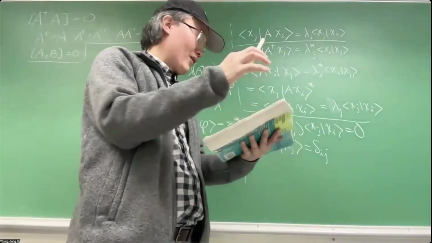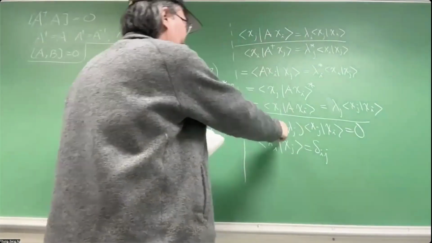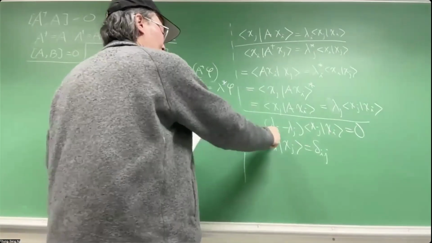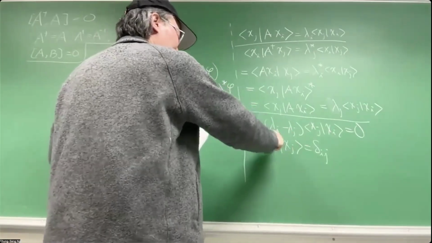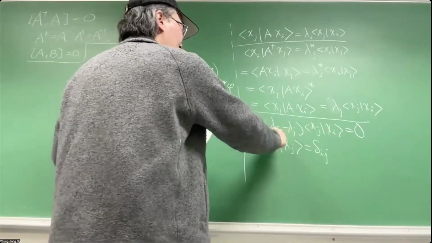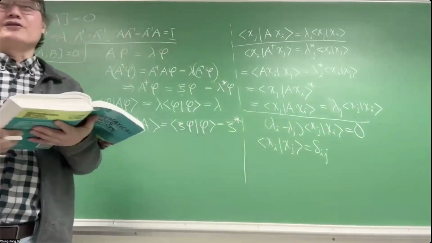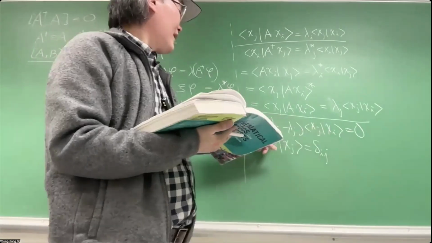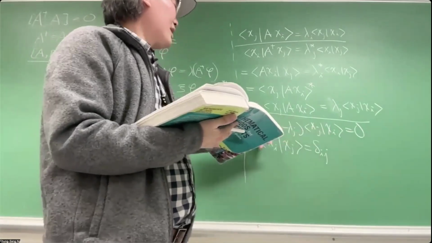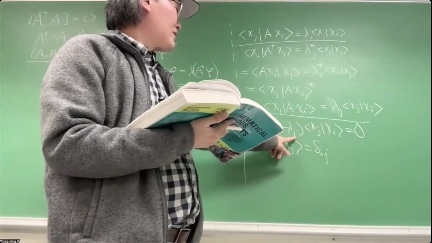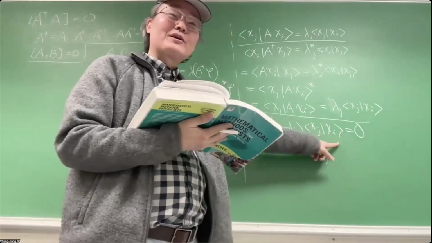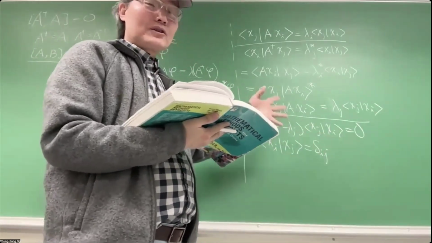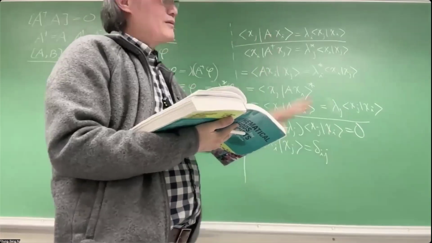Now with this orthonormal set, we can diagonalize both operators, A and A dagger, but the difference is that the eigenvalues may not be real, because we showed that for A dagger and A, the eigenvalues are complex conjugates of each other. They're not exactly the same, so they may not be real. The only thing is that they still form an orthonormal set, and you use these eigenvectors to